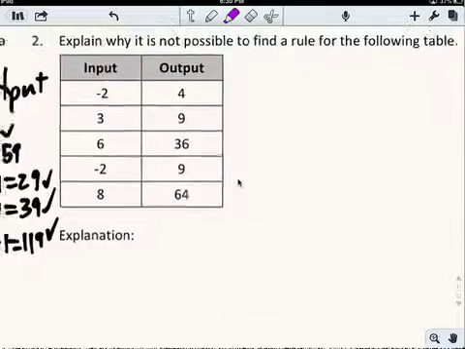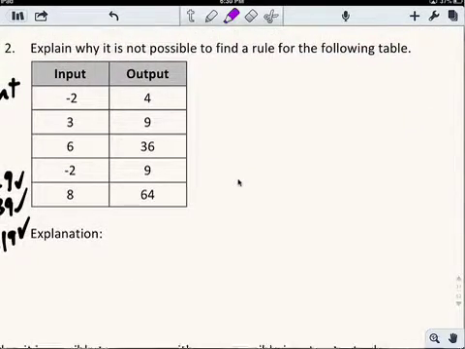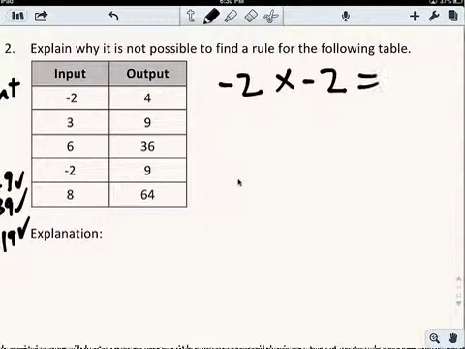All right, explain why it is not possible to find a rule for the following table. Okay, so they're telling us there's no rule for this table. And I'm going to try to kind of think about it here for a minute. So -2, I'm just going to brainstorm. I can take -2 times -2 and get +4. And so maybe the rule is times -2. And so that seems like it might work,